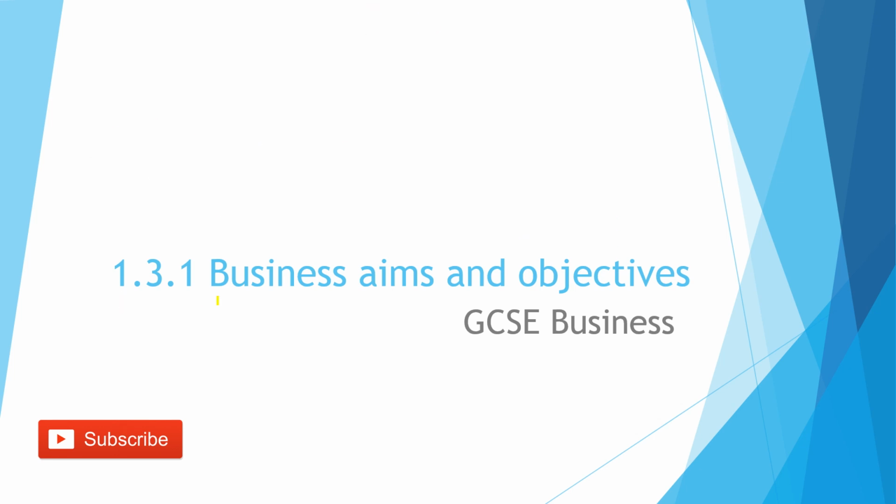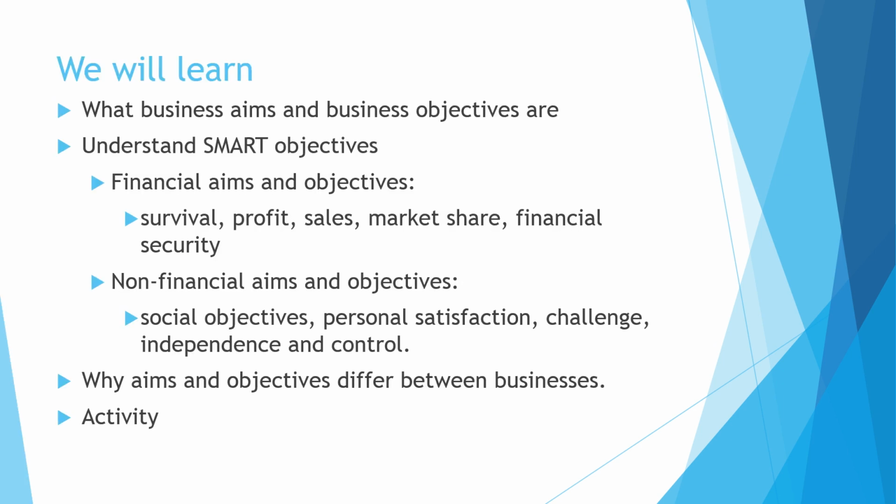Today we will be covering 1.3.1 Business Aims and Objectives. In this lesson we will learn what business aims and objectives are. We will understand what SMART objectives mean and what they are. And we will understand financial aims and objectives. So they are survival, profit, sales, market share, financial security, and then we will move on to understand